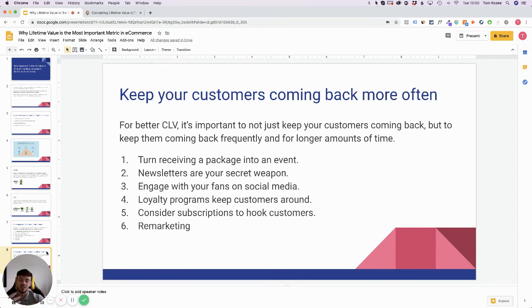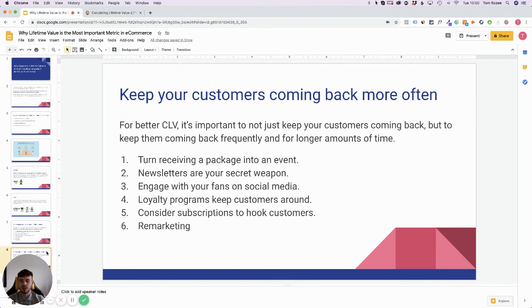Next, newsletters are your secret weapon. This is like email marketing and sending newsletters regularly. When someone's purchased from you, you really want to be sending them an email, telling them what's going to happen, when the product's going to arrive, how long it's going to be, and if they like it, to leave a review. Then you can also carry on sending them emails down the line. And if they come back to your store again, you might want to send them an email and say, here's 10% off your next time you purchase from us. This gives that value to that customer to come back to your store again and again and again and keep